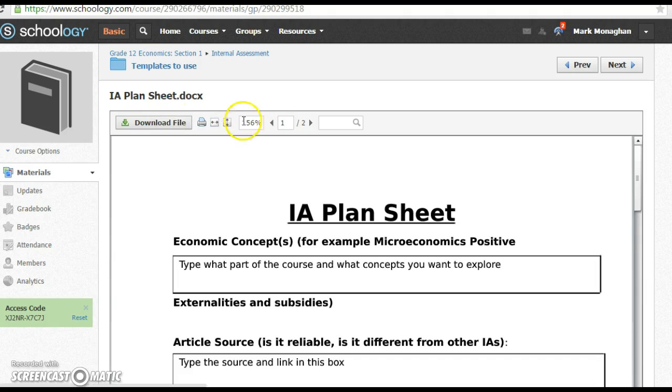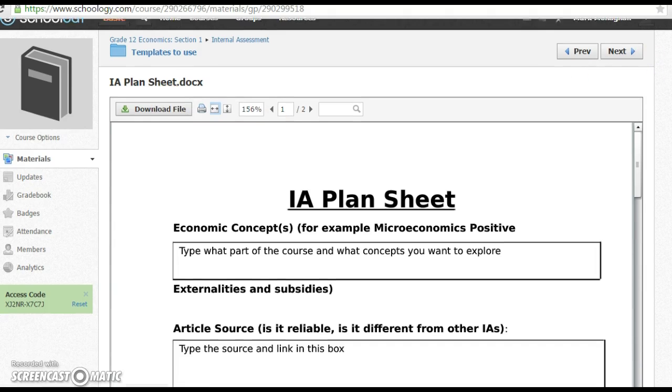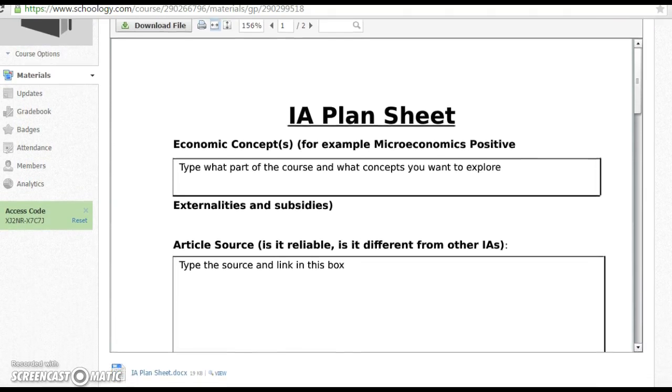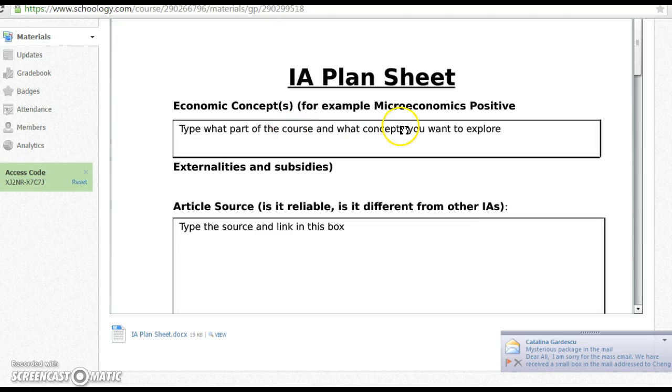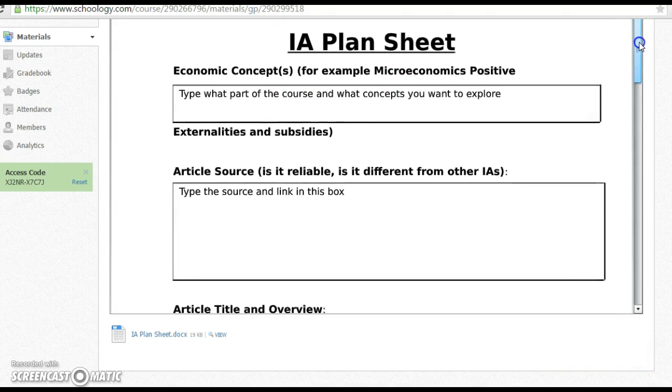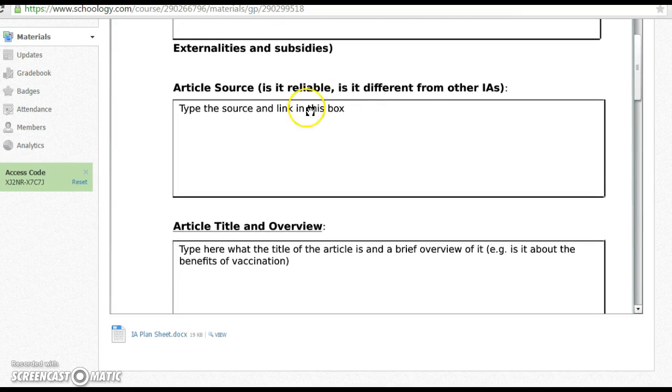Okay, obviously I'll download it and type these things in, but just so you know what it looks like. So economic concepts to cover, so for that I would have negative externalities, demerit goods, and obviously that's microeconomics. And then I would